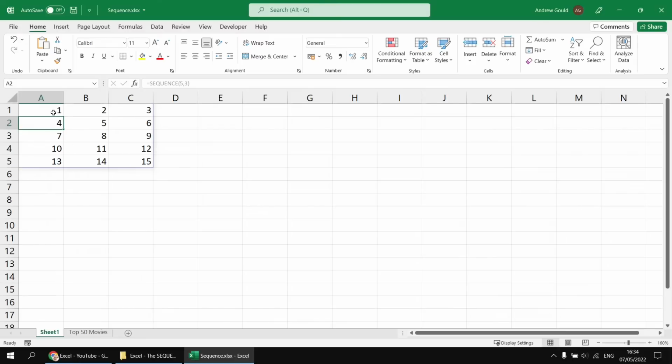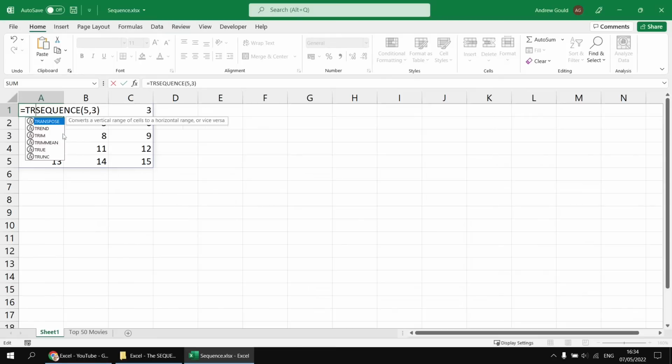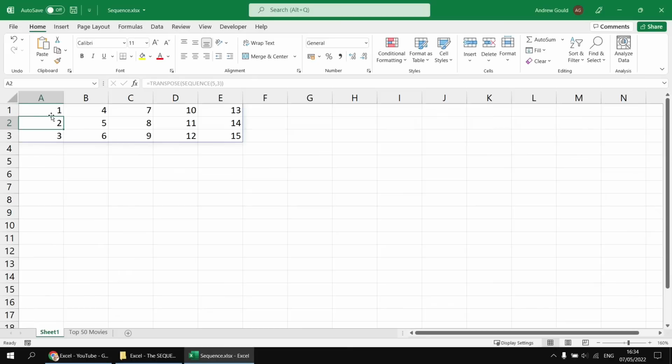If you'd rather have your counting work vertically first, then horizontally, then you could transpose the results. We have a separate video on the transpose function if you want a bit more detail of how this works, but if I just wrap the transpose function around the sequence function, that's going to convert the rows into columns and columns into rows. So this time I'm going to get 3 rows and 5 columns, but it'll count vertically downwards first